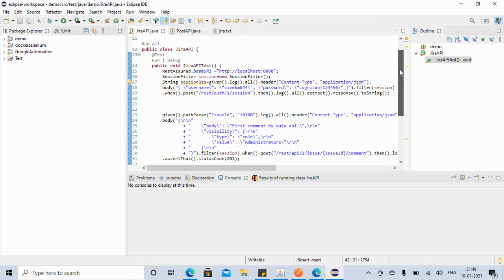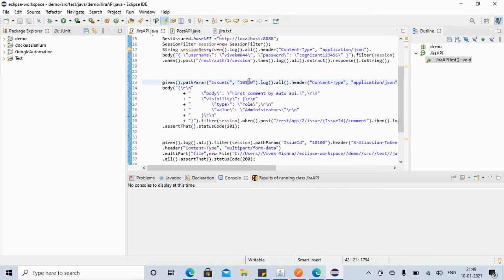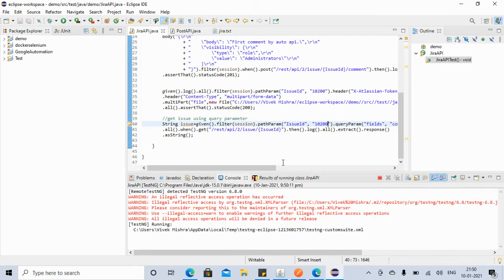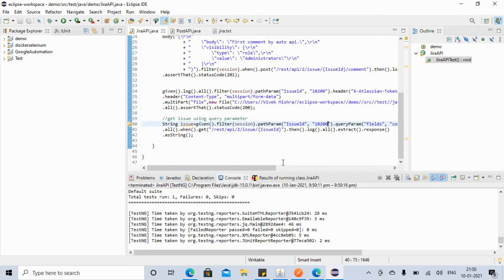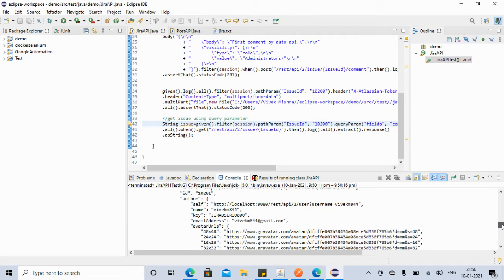Okay, issue ID we can provide here like this, and here, and here, and then run it. So everything is passed, see, and we got the response back and everything is good.